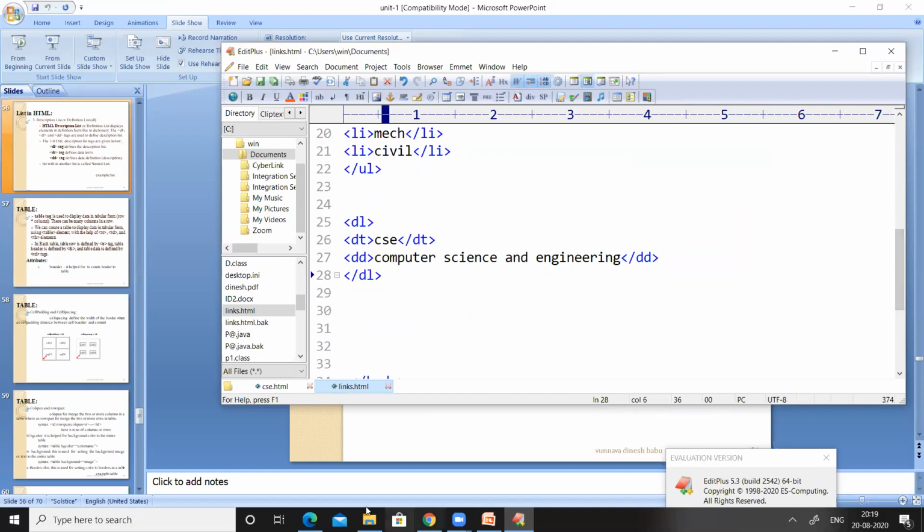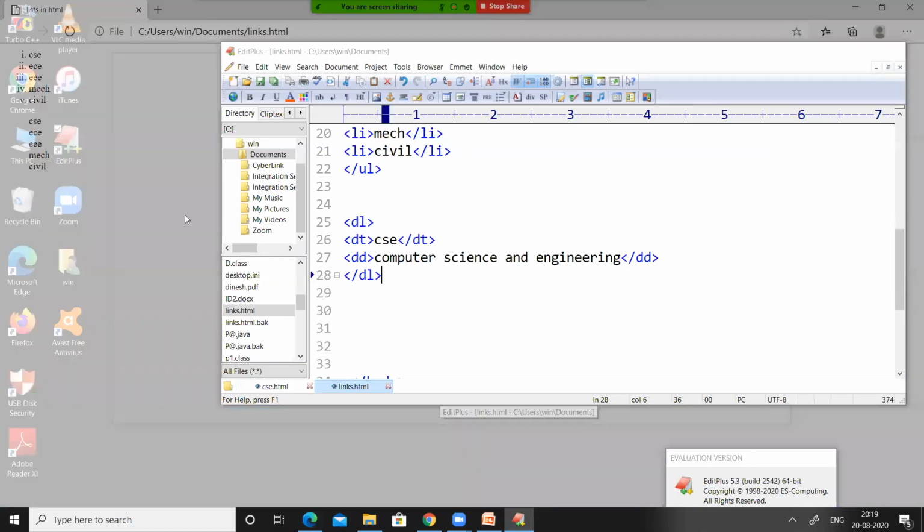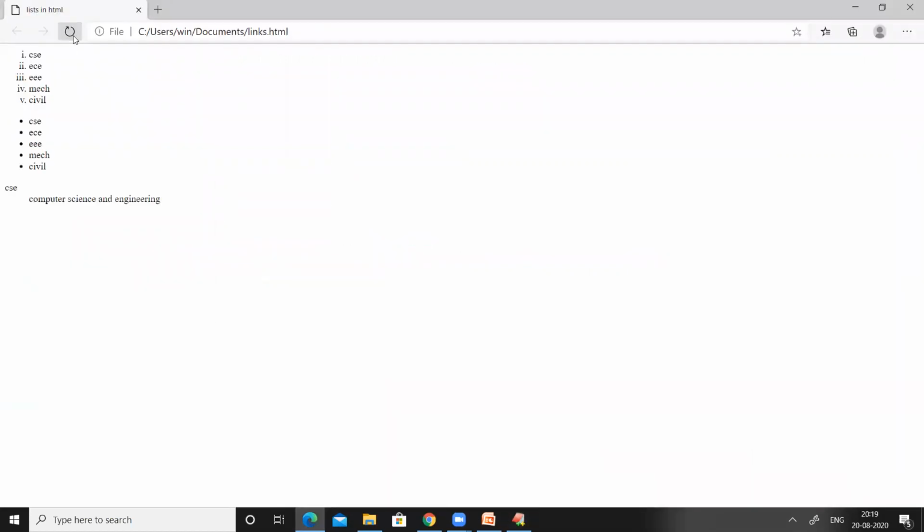Save the code. Observe the previous output. This is the previous program output. Now we have already saved the code, so click on refresh. If you observe, there is one more list where the definition term is represented at the left, and the meaning or description of this term is represented somewhat to the right of the data term.